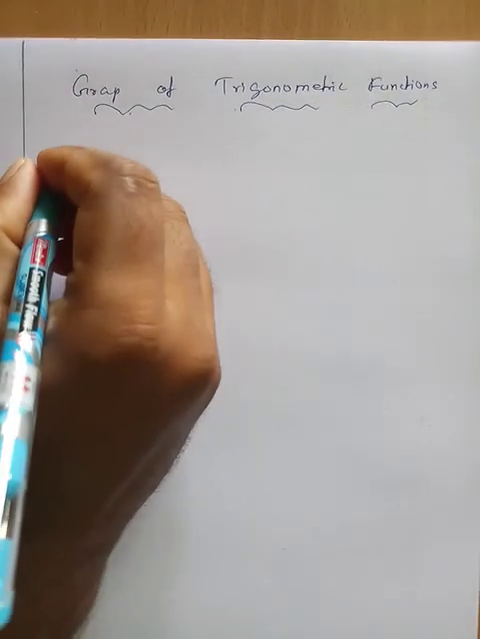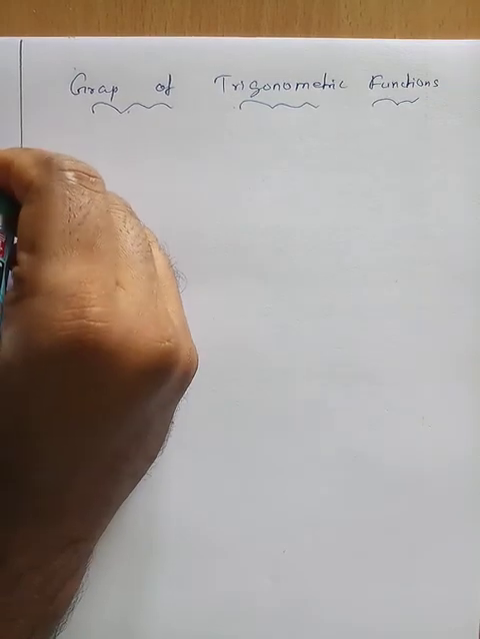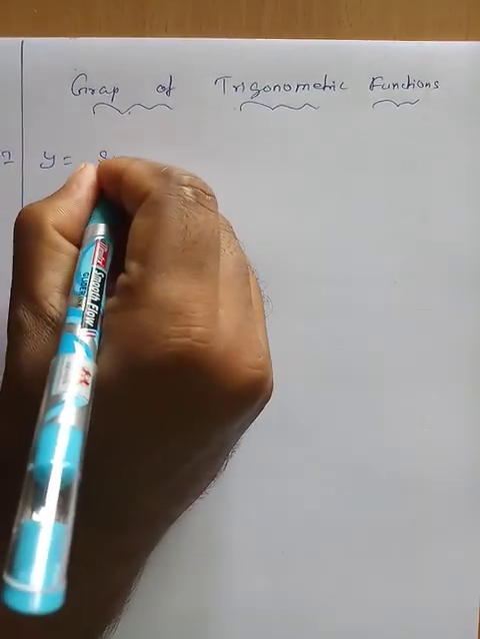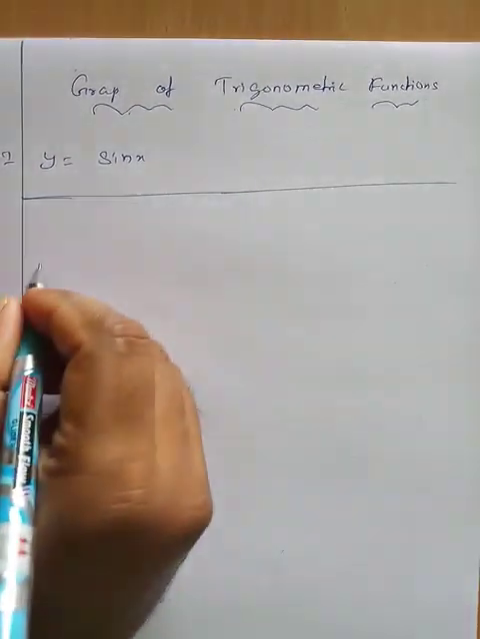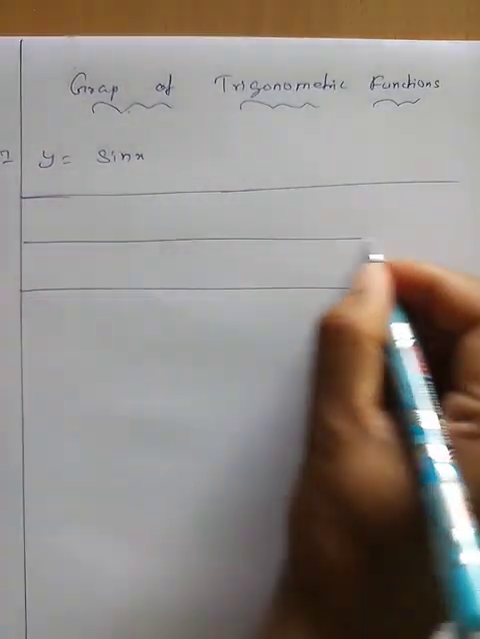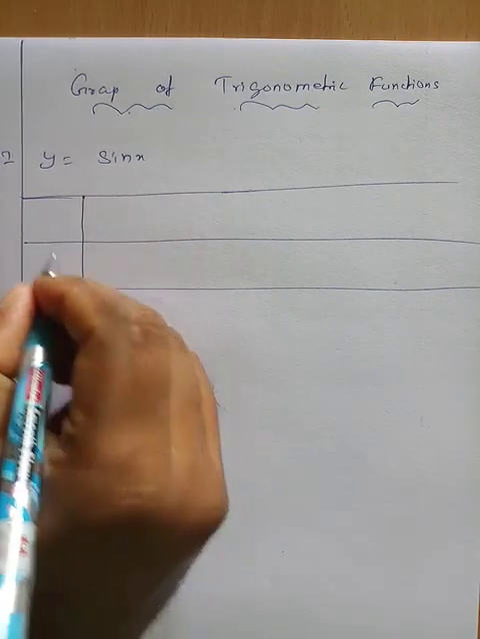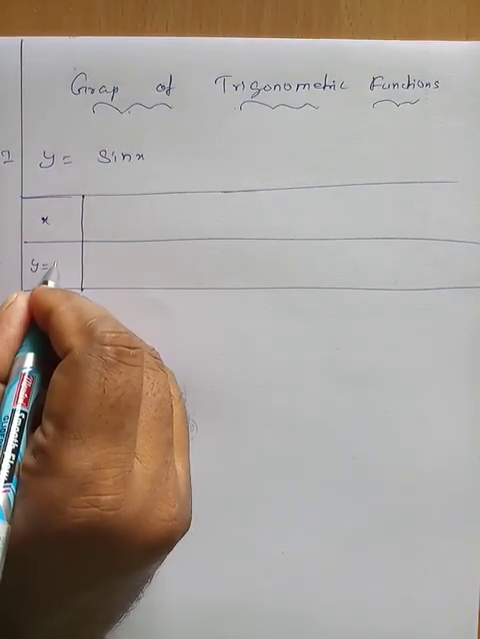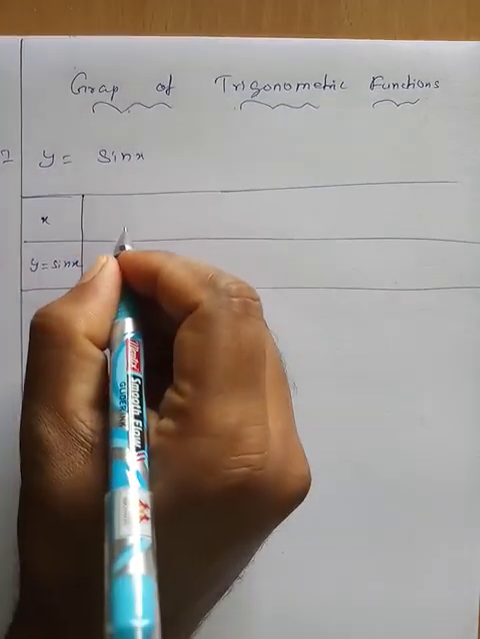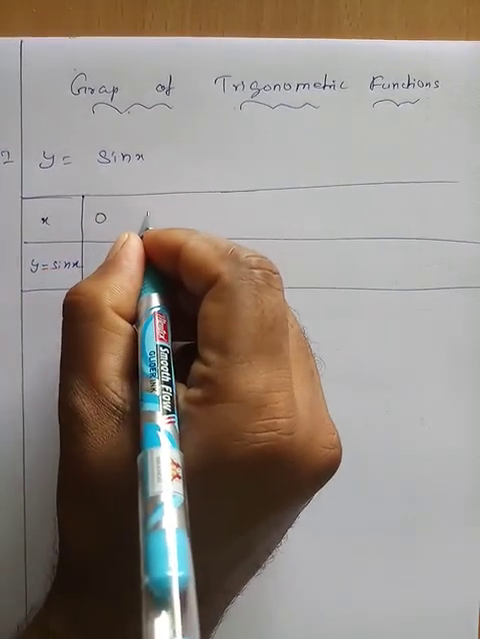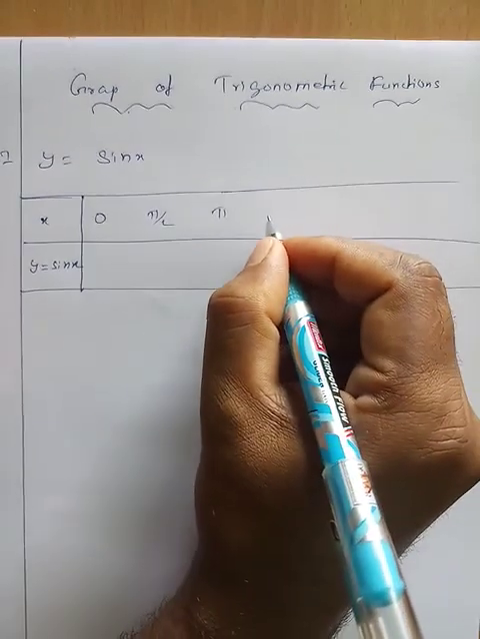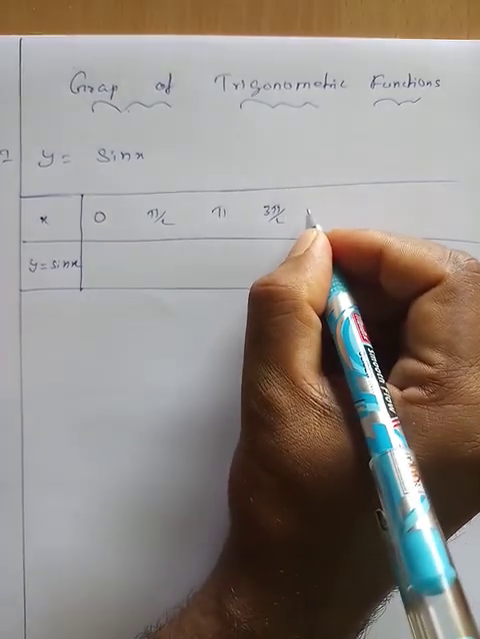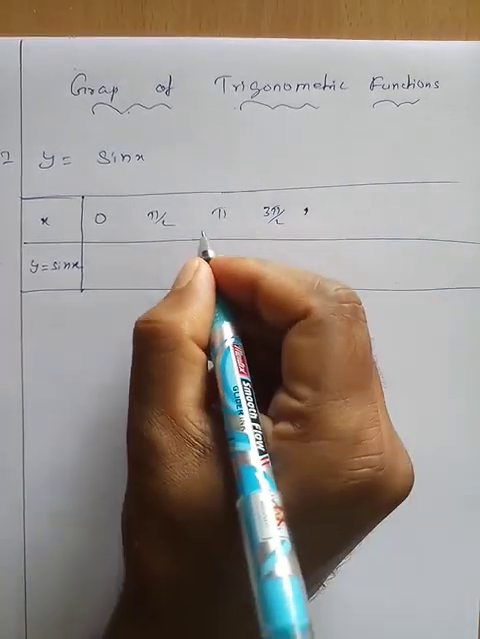Graph of trigonometry functions. First trigonometry function: y is equal to sin x. Take x with the angle values 0 degree, 0 radian, pi by 2, pi, and 3 pi by 2, and next